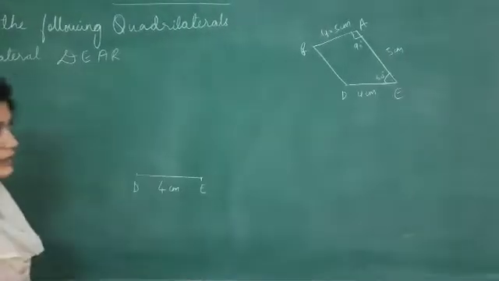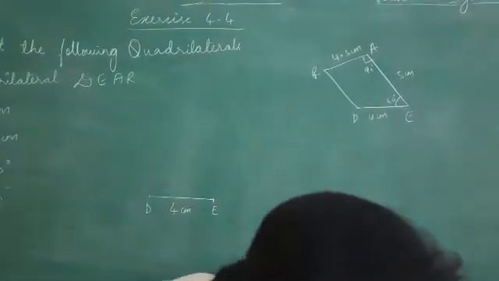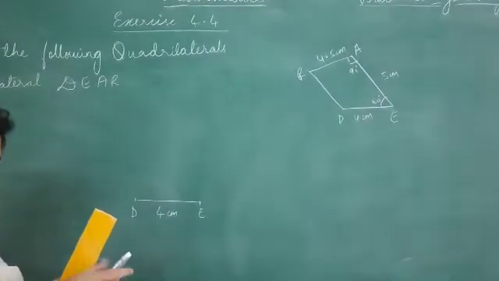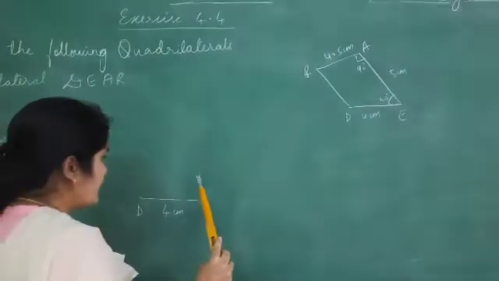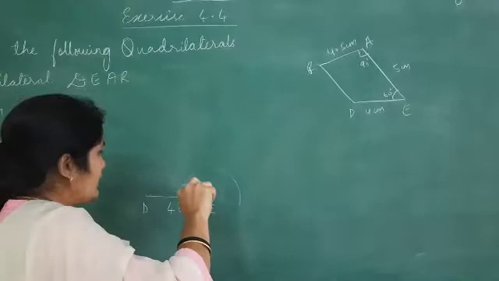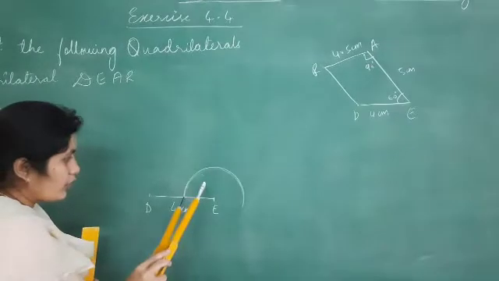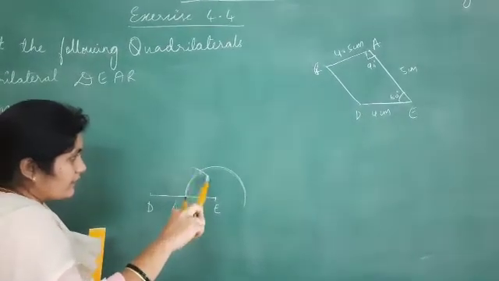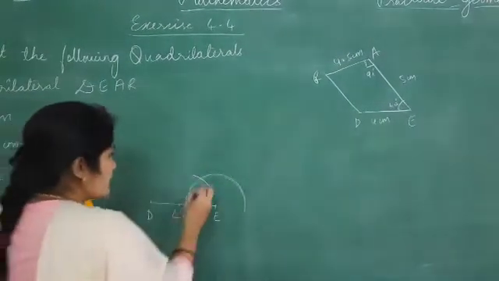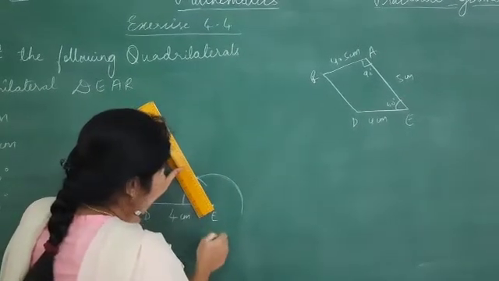Now, already in our previous classes we have learned how to draw 60 degree with a compass. Here also we are going to draw 60 degree with a compass. So, adjust your compass. Draw one small arc keeping E as the center, because we are going to draw 60 degree at E. Draw one arc and keeping the same measurement from this point, cut an arc. This is your 60 degree, the point of intersection. So, extend your 60 degree. Draw a line.